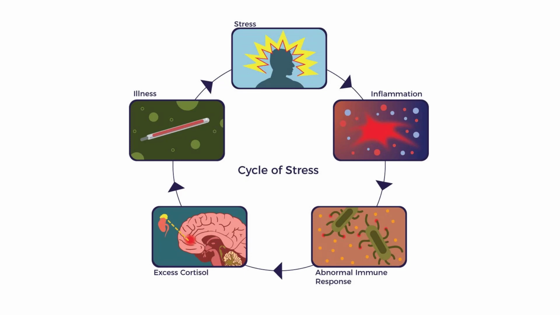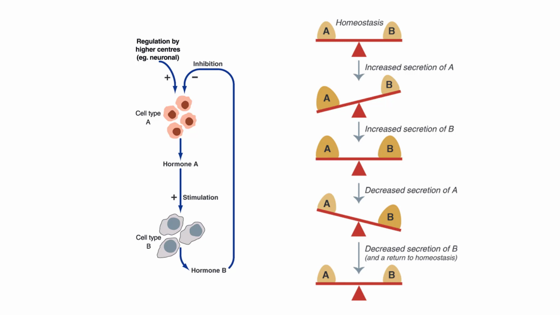You get an immune response, cortisol, illness, and what this is showing is the downward spiral of stress, because it can be cumulative if you're not getting the recovery. But we'll talk more about that in the adaptation. But basically, if you look here at the image on the right, you have homeostasis, right, balance. You're exposed to something you're not used to doing, so you're off balance.